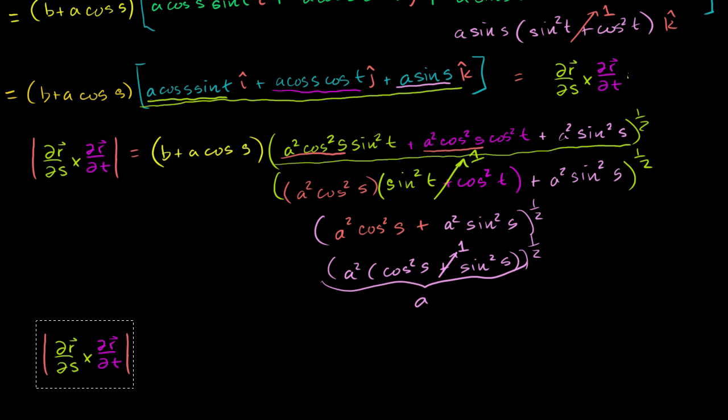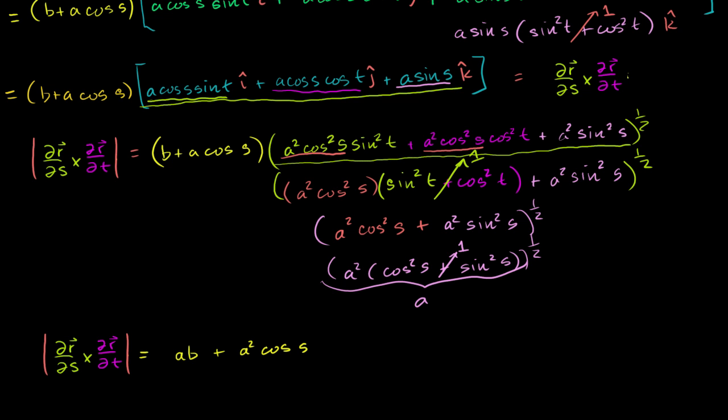It simplifies to a times that. And what's that? A times b, so it's ab plus a squared cosine of s. So already we've gotten pretty far, and it's nice when you do something so beastly, and eventually it gets